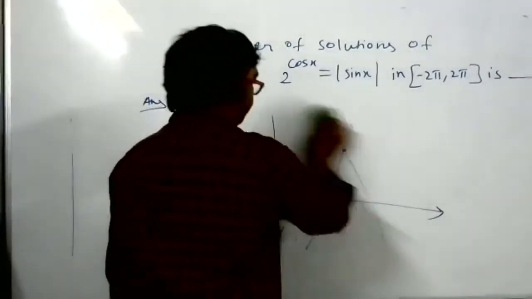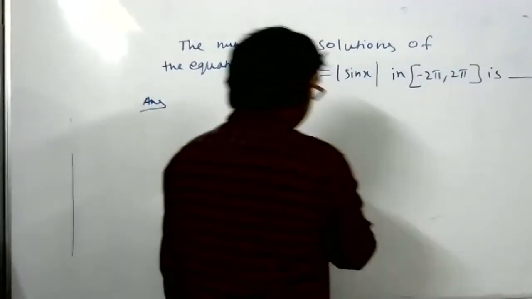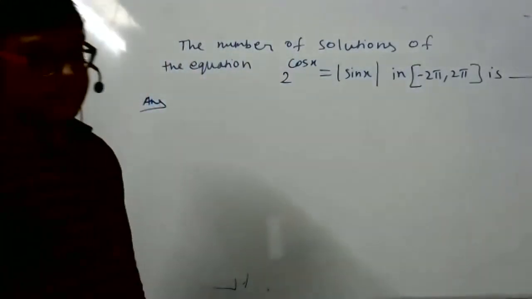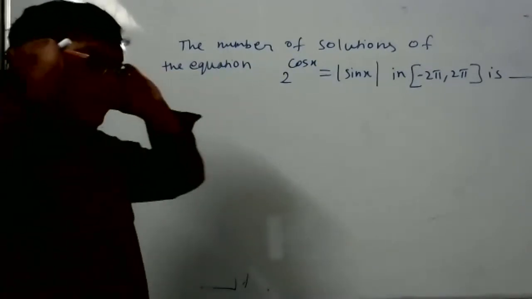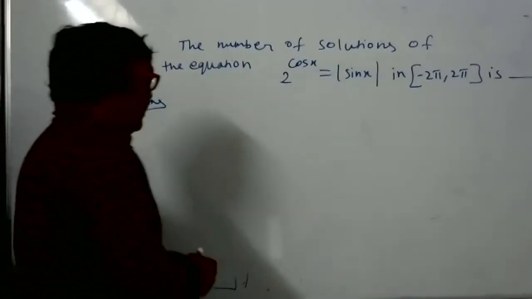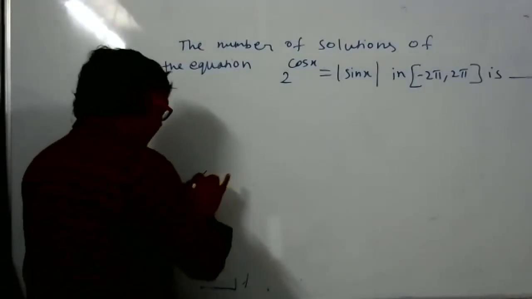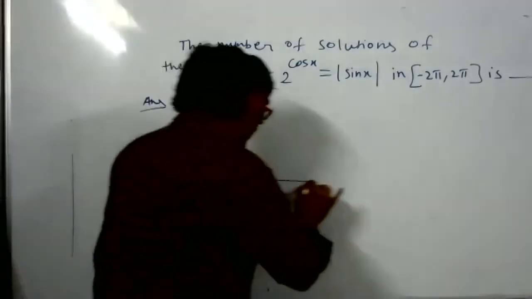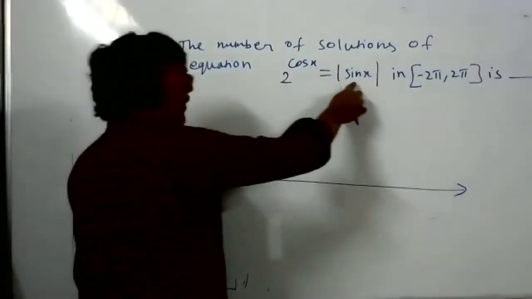Sir, 2 to the power cos x, how will we draw that graph? Between, sir, it will lie between 1 and 2 itself, no, sir? So now how to draw a graph, that is a challenge. Now you people are not so familiar with graphs because just now we started graphs. So I will teach you. If you don't understand, you can ask some question, but not before. So two graphs, one left hand side graph and one right hand side graph.